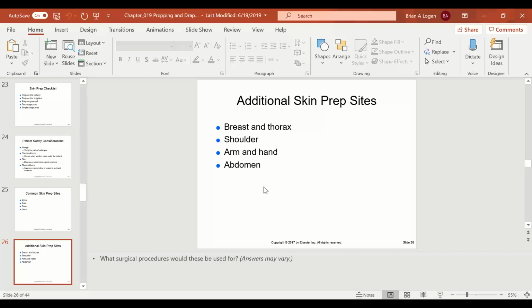Breast and thorax, it depends on the breast. If you're just doing a lumpectomy, you may just prep out that one breast, because you're doing a small lumpectomy or breast biopsy, so you don't really need to compare it to the other side. If you're doing a mastectomy, axillary node dissection, things like that, you're doing the whole chest